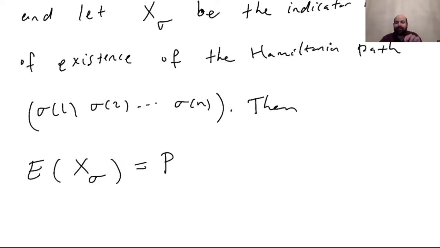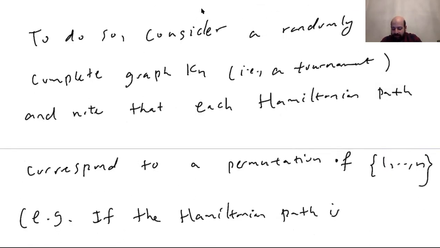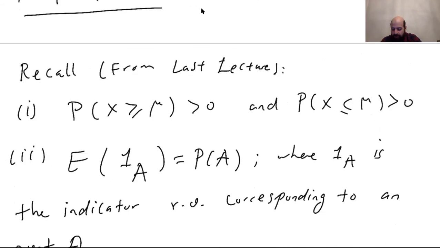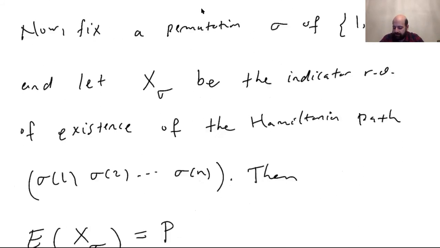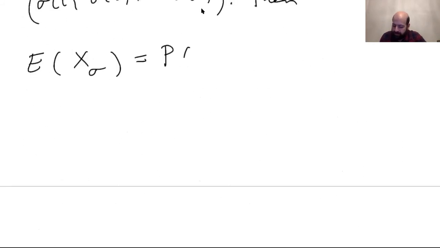Okay, this is important. I reminded you in the beginning of the proof that the expected value of an indicator random variable is the probability of A, the indicator random variable corresponding to event A. Now, what is our event here? Probability of event A,